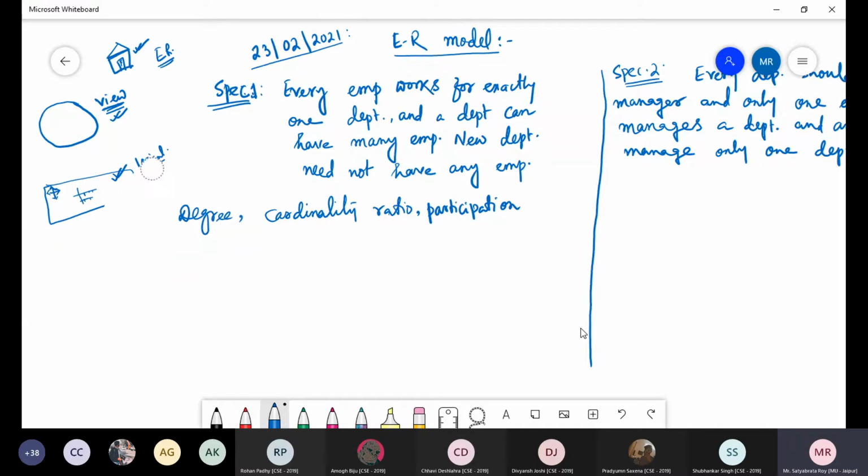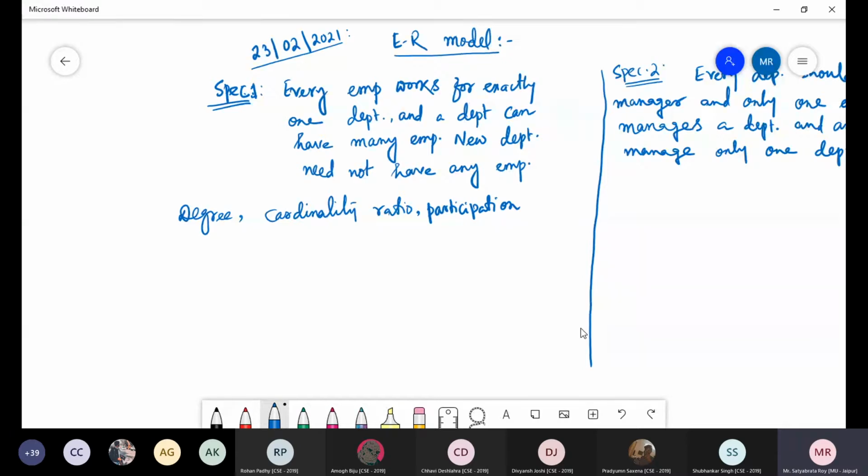So now we are studying the ER model. The ER model is very useful for presenting to people who are not that technically sound. In the ER model, we had studied the basic structures: how an entity is represented, how relationships are represented, how strong and weak entities are represented, how multi-valued attributes are represented.